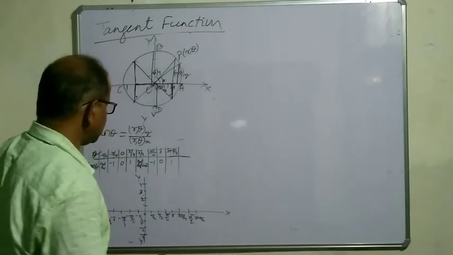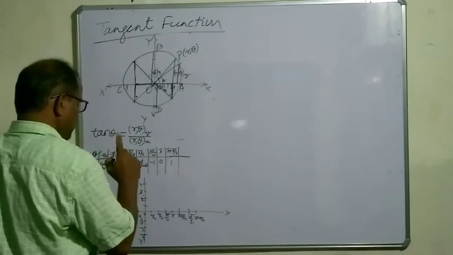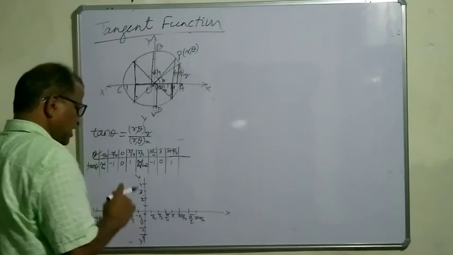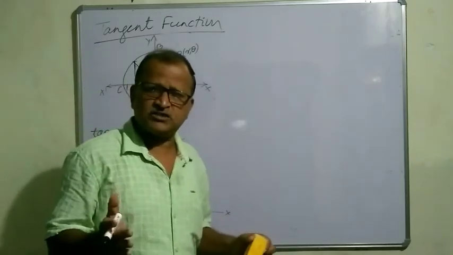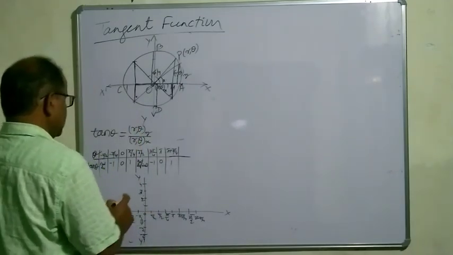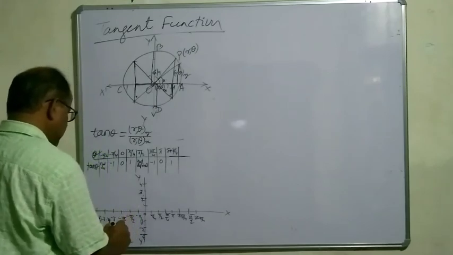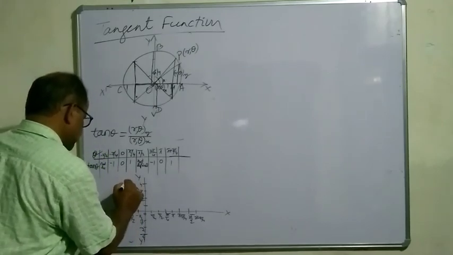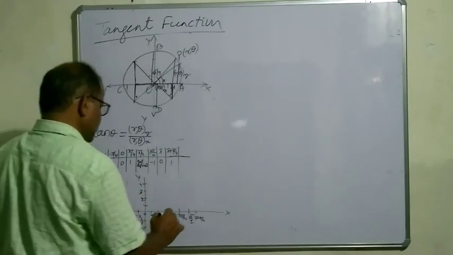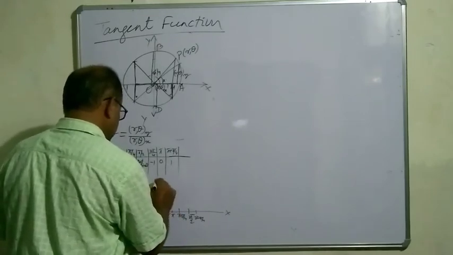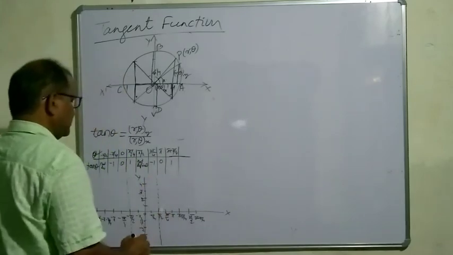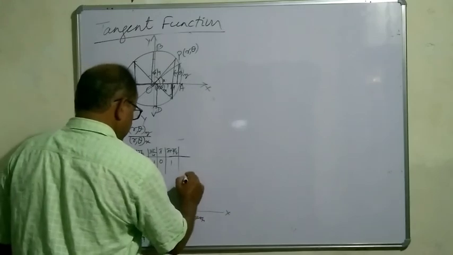Yes, if this is the case, let us draw. You see, let us draw the ordinates where it is not defined, so that your curve will be discontinuous at those points. Let us mark those points. You see, where it is not defined, minus pi by 2, where is minus pi by 2? Here. Yes, you draw the dotted lines. It is not in the curve. Then what is pi by 2? Here. It is not defined, right? And 3 pi by 2, this is a point.